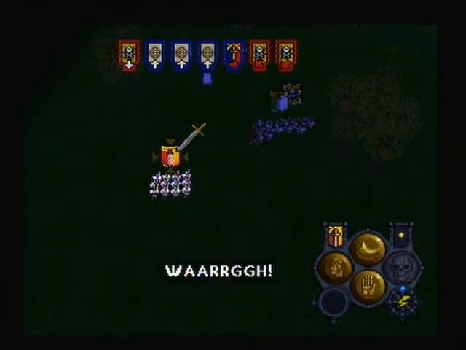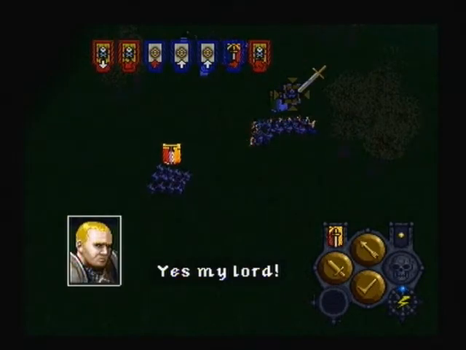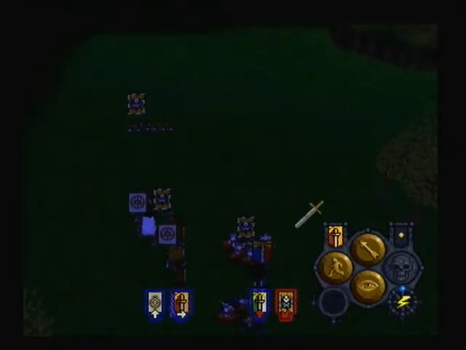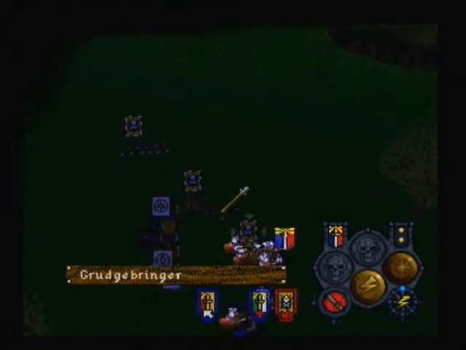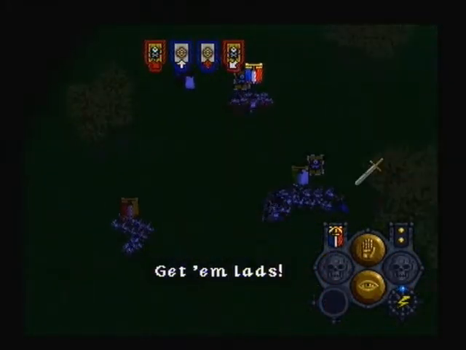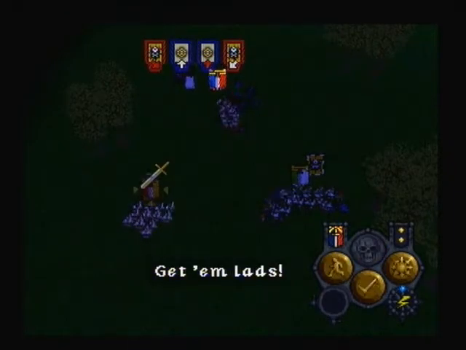Let's provide cover for our friends. Yes, my lord. Fire, crossbowmen. What are they doing? Yeah, I think we failed this. We have failed this miserably. Caravans are getting destroyed. We need a...